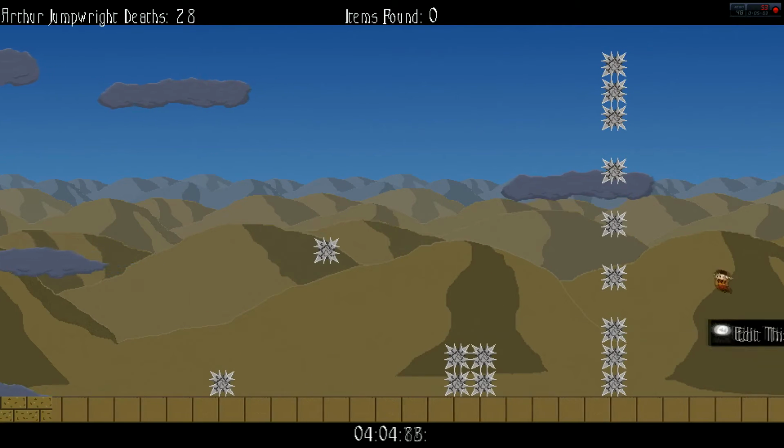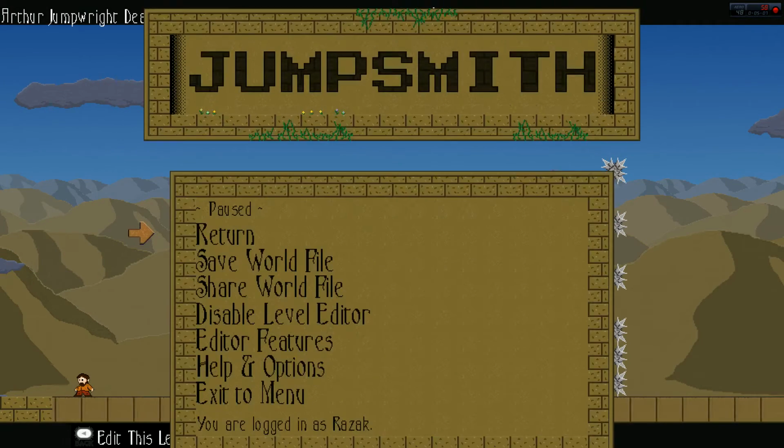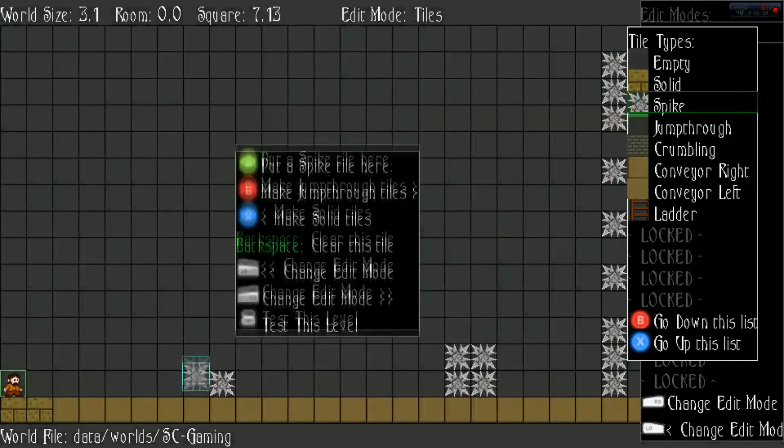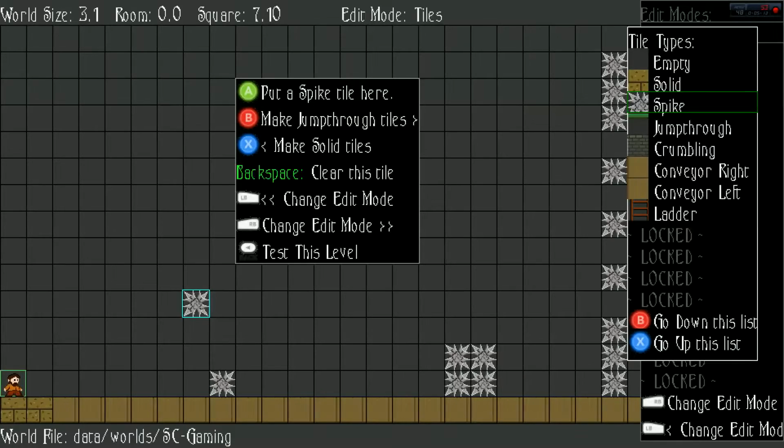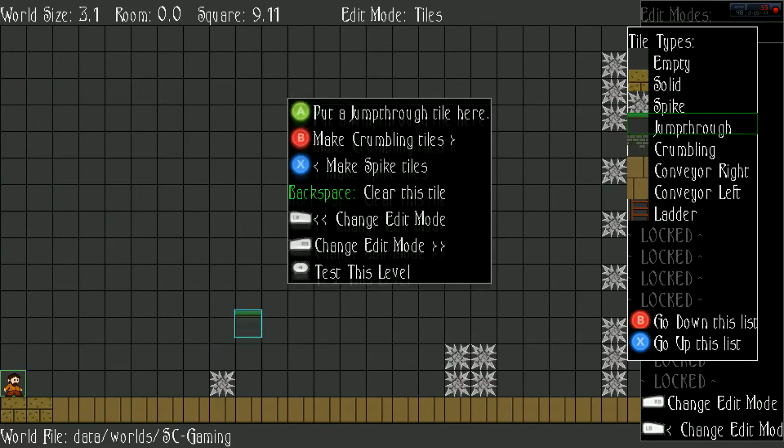Oh, look at that! I did it! Alright, that was pretty good. That was pretty good. So it is possible. It's super difficult to do this, but it is possible. So what we're gonna do, I want to make a